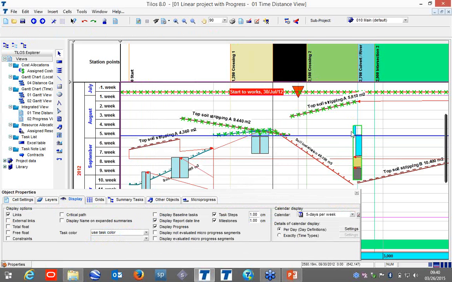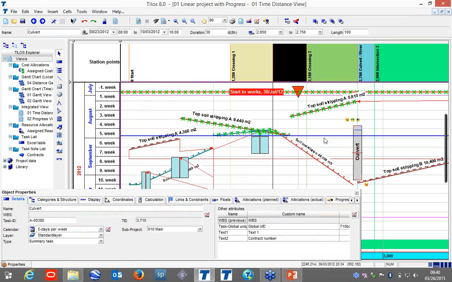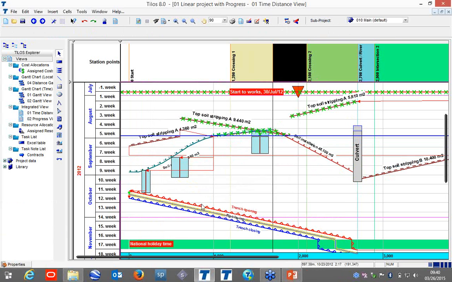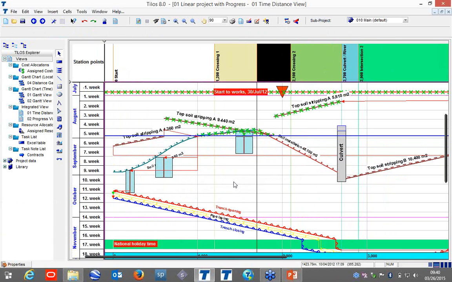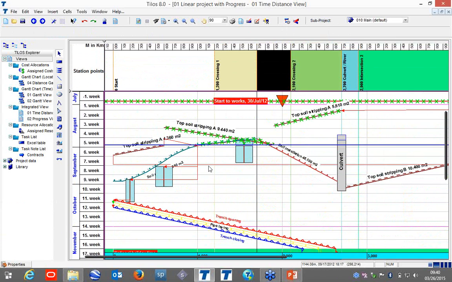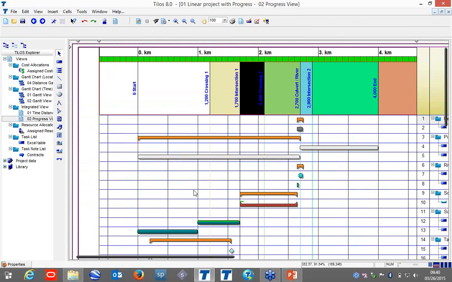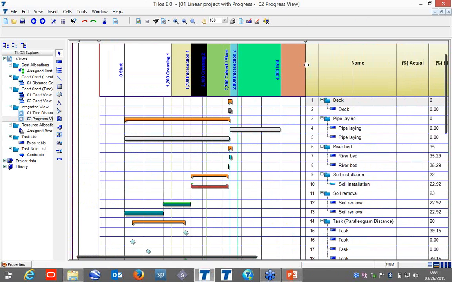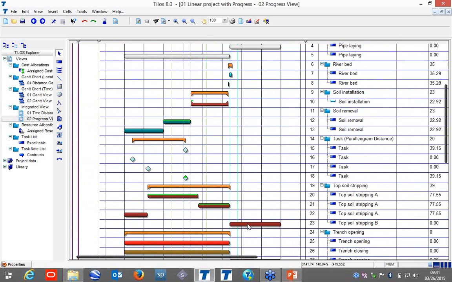And now when you reschedule your works, it is just pushing after the data date, and now you see that it is all pushed, and here we can see all the progress. But monitoring from this view can be hard, so we have the progress monitoring view, and we can now combine the views. Here we have the distance, only the distance,